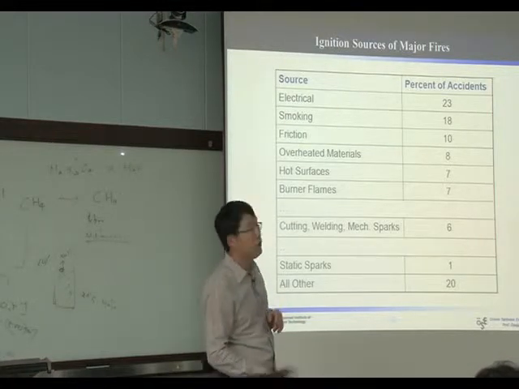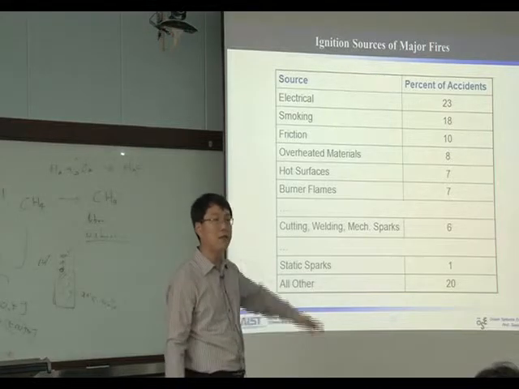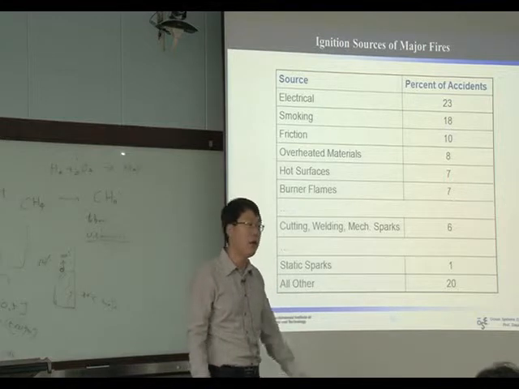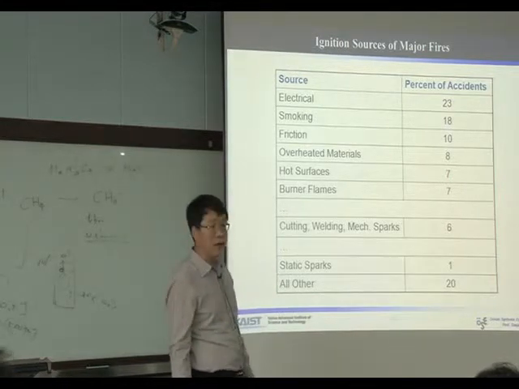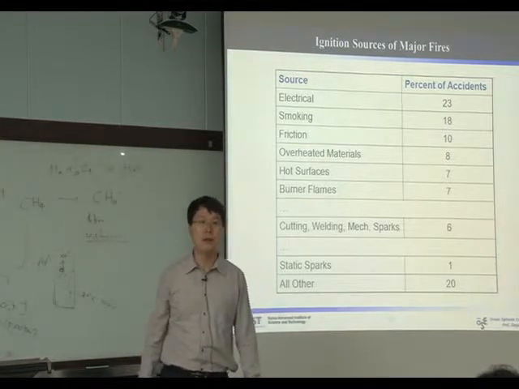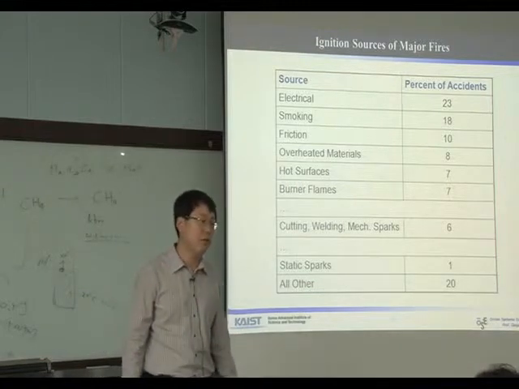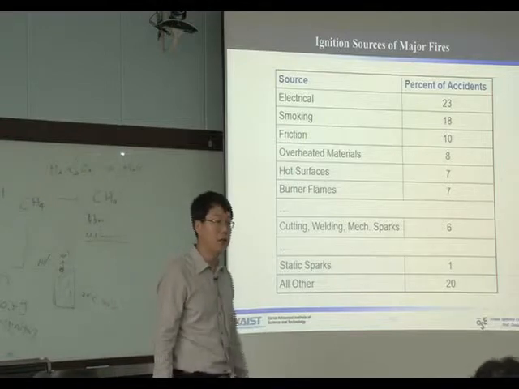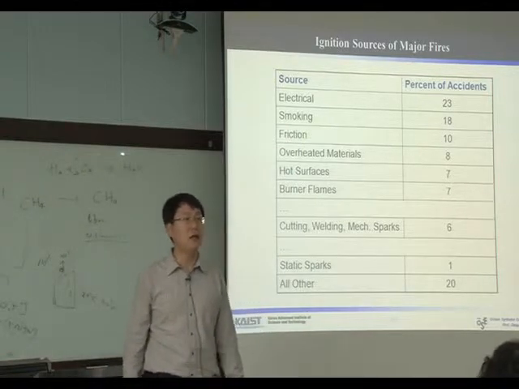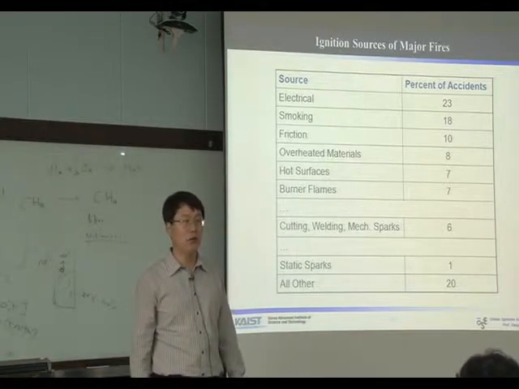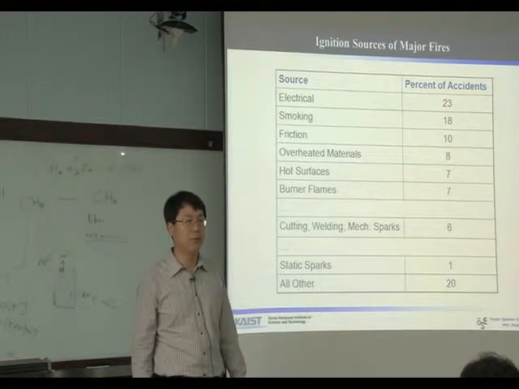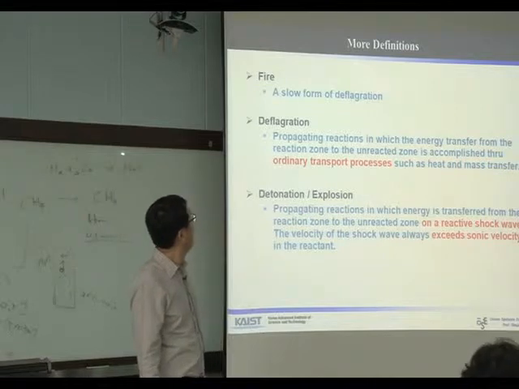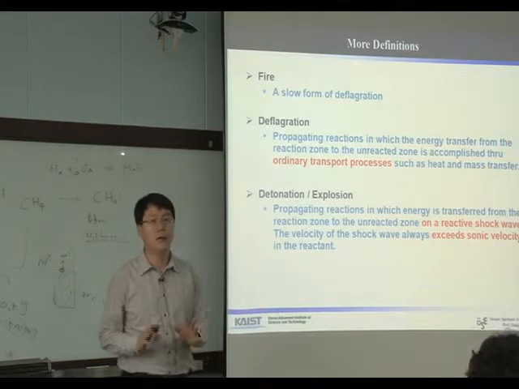Ignition source is a major cause of fire. It's a kind of the fire of daily life. Electrical is the number one source of ignition. Unfortunately, smoking is the second. So this is another proof that we should not smoke. There are other things. Fire,